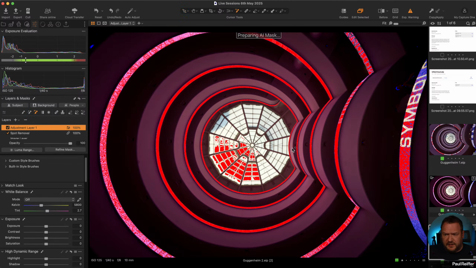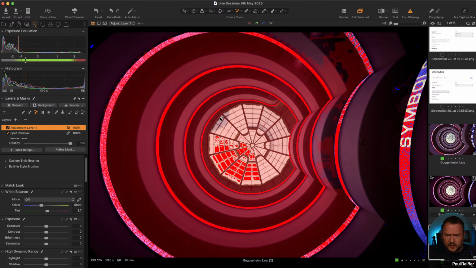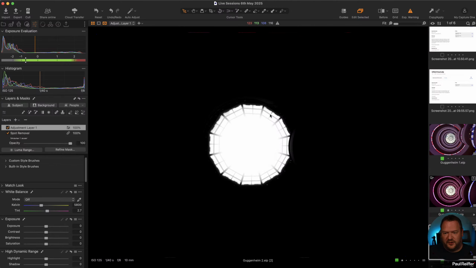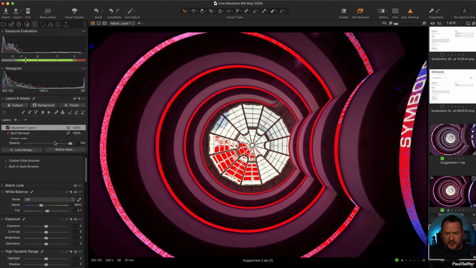I'd create a new layer. I would, let's see if we can get the spider's web. Really difficult when the mask is in red, isn't it? We could change that, but I've got my mask there. Let me just turn it to a grayscale mask so you can see. Great. Now, with that mask, I can, on this particular layer, so I don't want to affect everything else, but